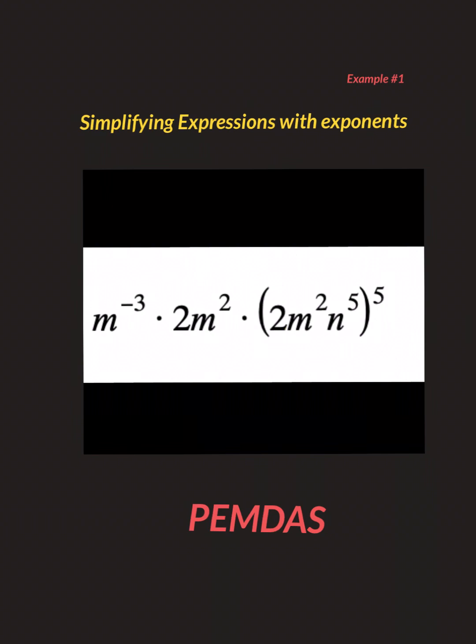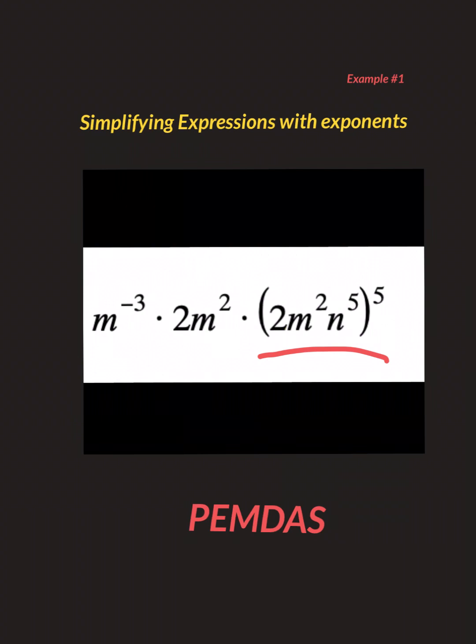So following our rules, PEMDAS always starts with parentheses first, and you'll notice that we have a parentheses set. We'll also notice that there are three terms inside your parentheses. You have a constant, 2, you have two variable terms, an m and an n term, and all of this you are taking to a fifth power outside of the parentheses. So what you basically got to do is take them one at a time and follow your simple rules. The first thing we got to do here is take 2 to the fifth power, which is basically